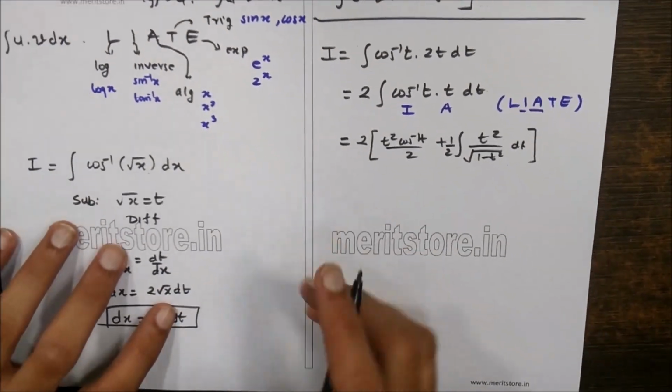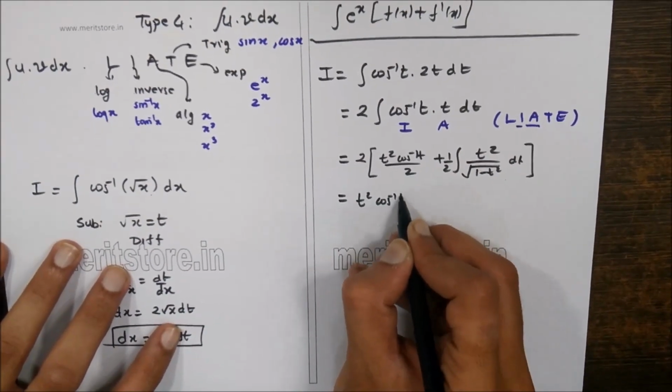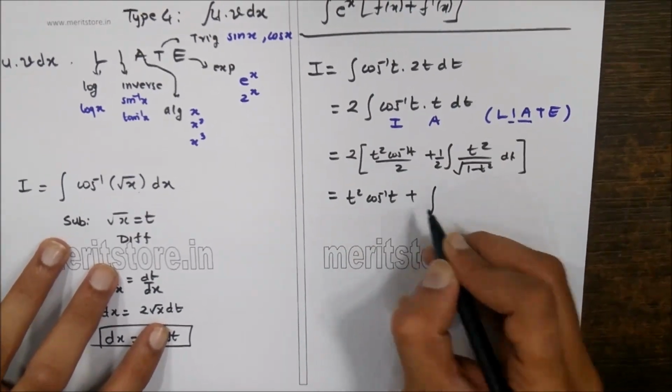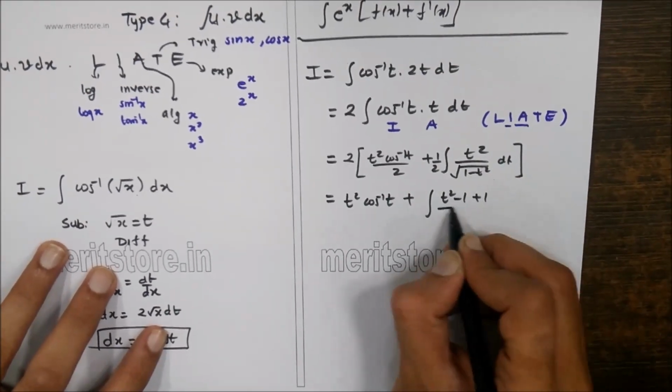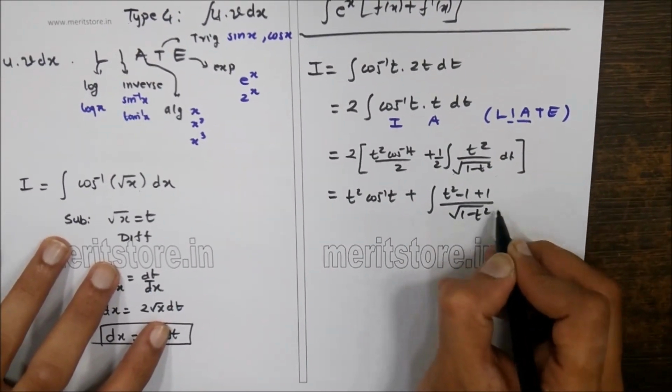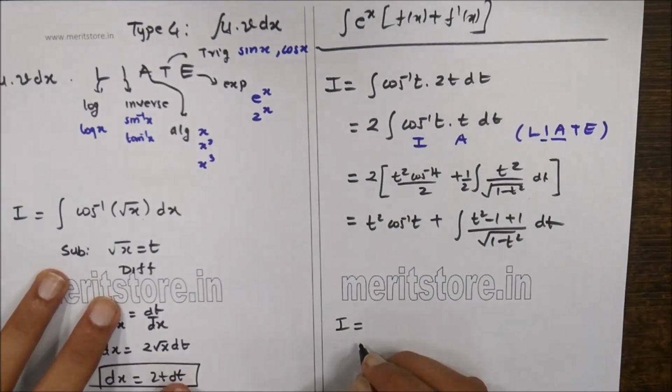Taking the 2 inside the bracket, we get the term as t square cos inverse t plus, we'll be adjusting plus 1 minus 1 here, t square minus 1 plus 1 upon root of 1 minus t square dt. Simplifying, my integral will be